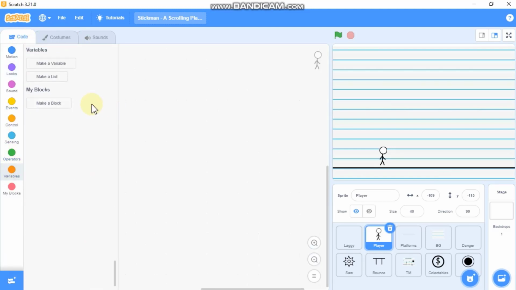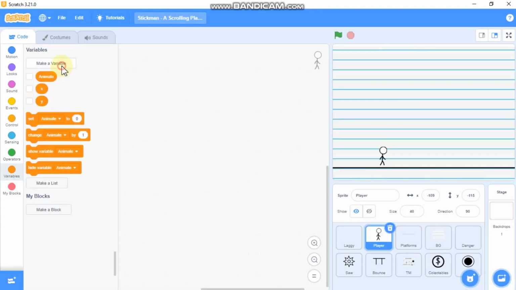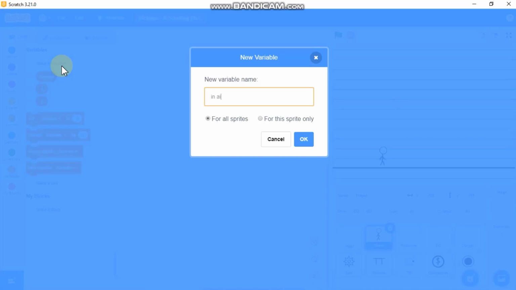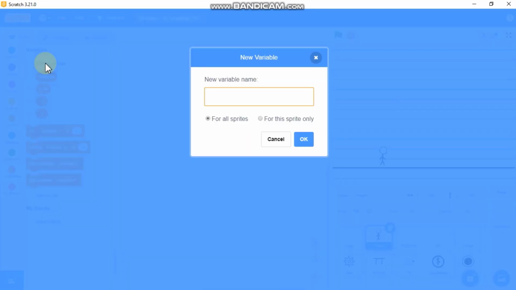So first let's make some variables. So all the uppercase variables are for all sprites and all the lowercase variables are for this sprite only. First one is animate for this sprite only, X for this sprite only, Y for this sprite only, in-air for this sprite only, speed X for this sprite only, speed Y for this sprite only,